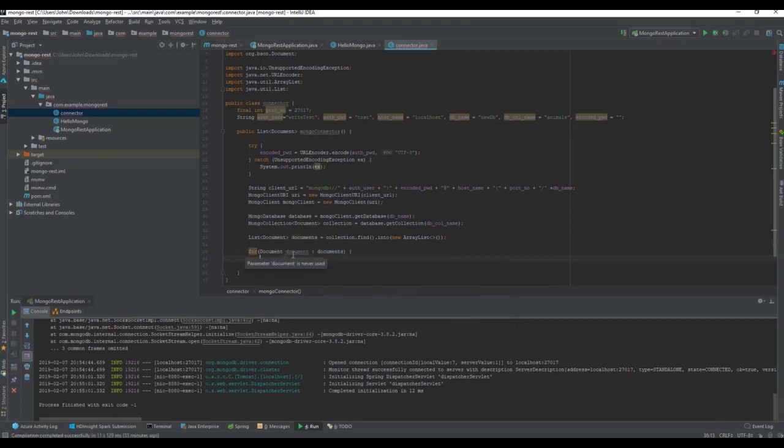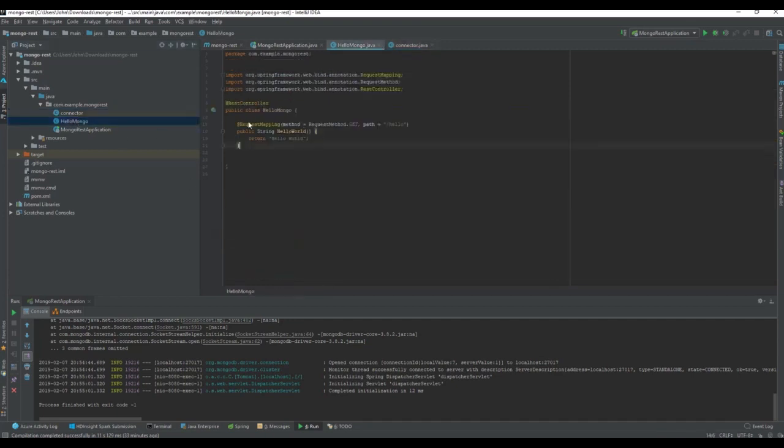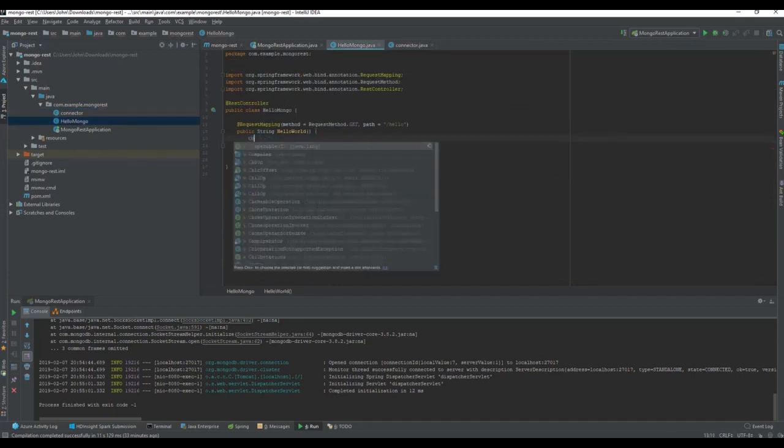So now for each document, for each element of the type document in the list of documents, we're going to do something, and the thing we're going to do is simply print these out. So we just say print and then the document, and then at last we will return our documents, which is the entire list. So here we are just looping over the list, printing each document out, but in the method in general we are returning the entire list, because then we can go to our hello Mongo, and instead of this we can say connector,